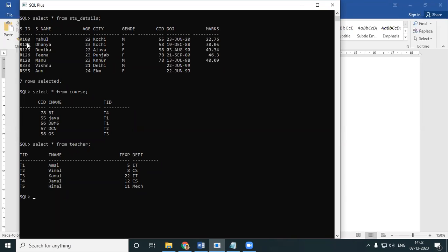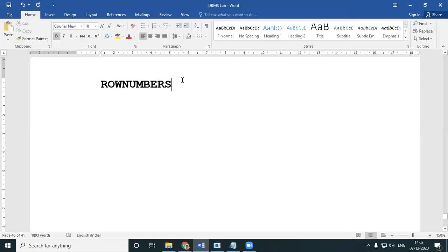Now imagine I do not want all the details coming up. I just want, let's say, 3 or 4 rows, just up till Tina, and I don't want Manu and Vishnu. So you can specify the row numbers. You'll write a query like this: